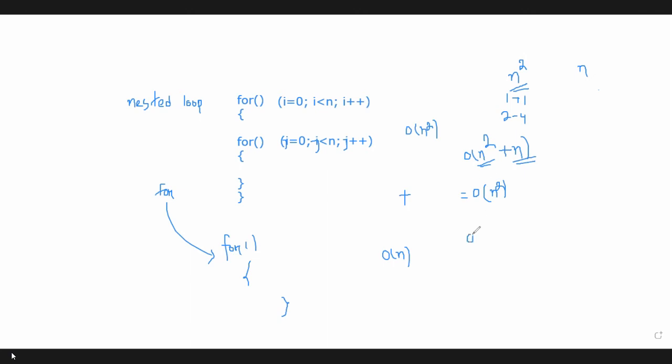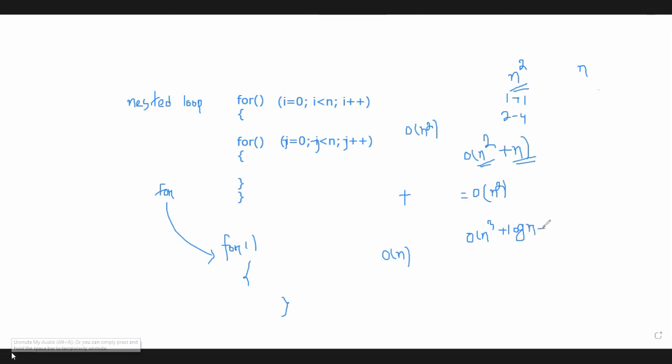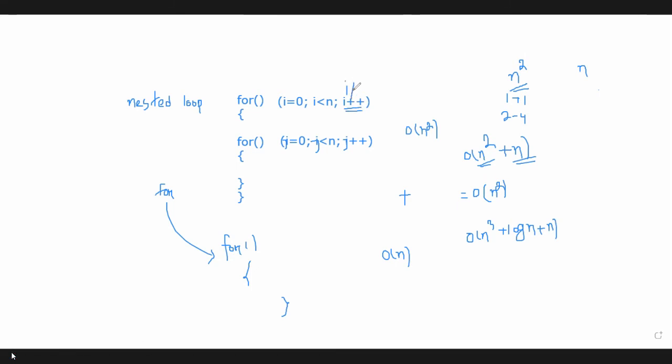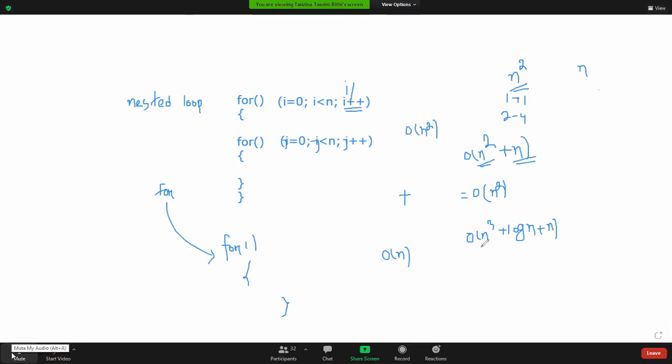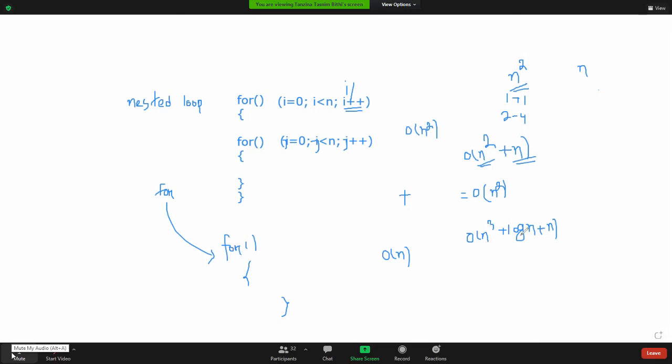And it can happen that in a program you've got, suppose, three time complexities: order of n cube, order of log n, plus n. You can get log n when the increment variable is divided or multiplied by any constant. So in one program there are, suppose, three sections where you used three different types of loops, and we got the time complexities n cube, log n, and n.